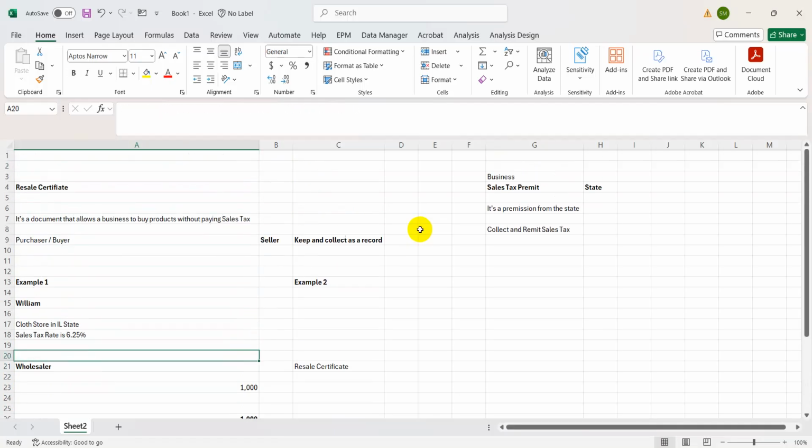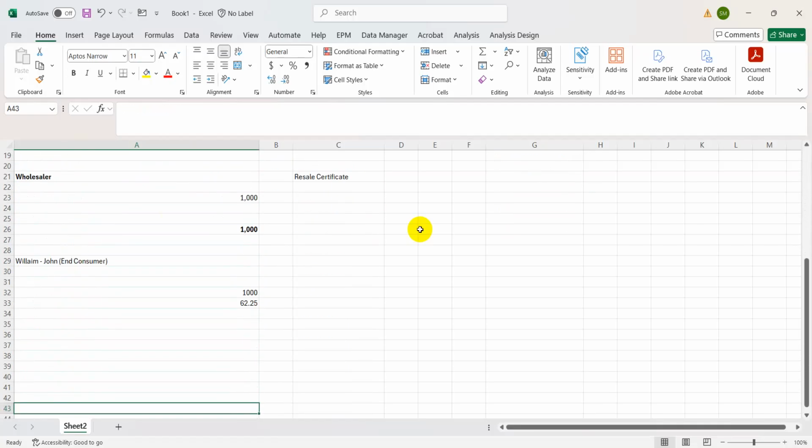That's a very simple example. Now the next question is how you will get the resale certificate. Every state has its pro forma on their website through which you will just fill in the information, and you can get your resale certificate directly from that state website. But remember, for resale certificate you should have a sales tax permit, number one. Number two, for resale certificate it is also very important